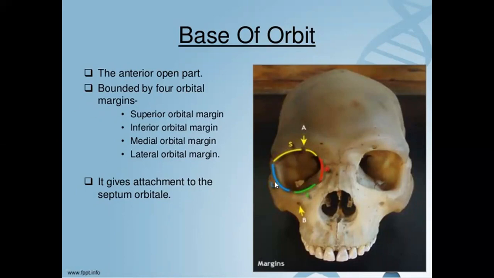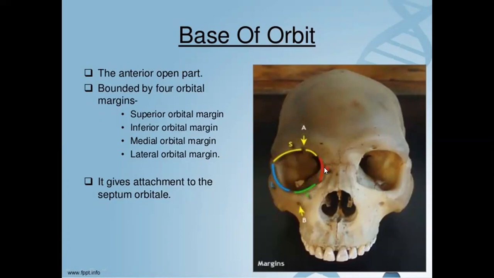Then the infraorbital margin is formed medially by the maxilla and laterally by the zygomatic bone, and just below the infraorbital margin is the location of the infraorbital foramen. Now this infraorbital foramen allows infraorbital nerves and vessels to pass through. So the supraorbital margin is formed by the frontal bone, marked by the supraorbital notch or foramen, which allows supraorbital nerves and vessels to pass through. The infraorbital foramen is on the maxilla, and it allows the infraorbital nerves and vessels to pass through.